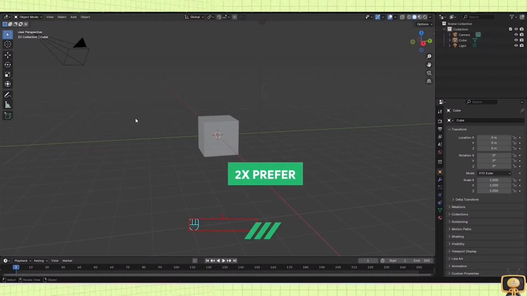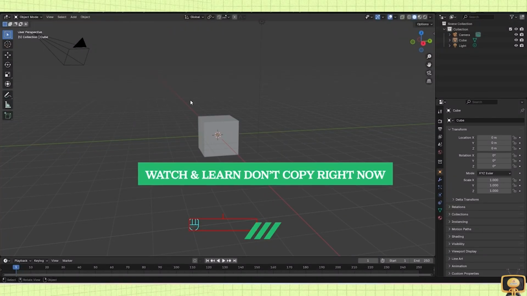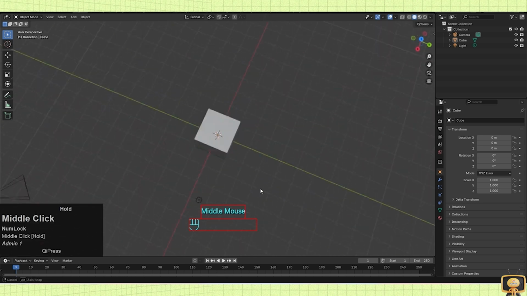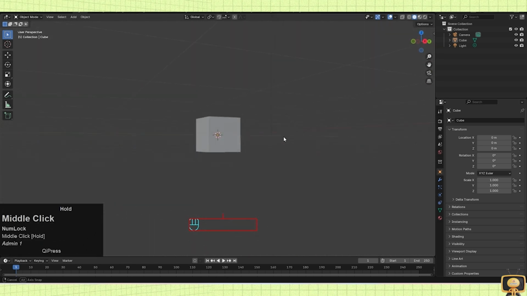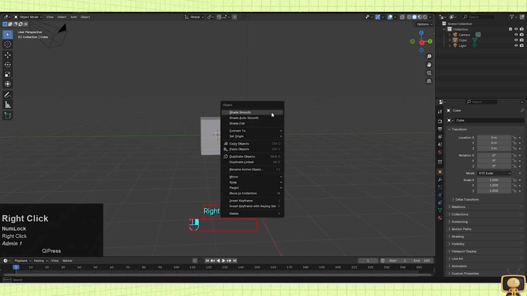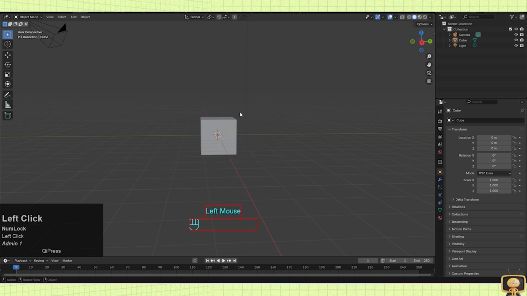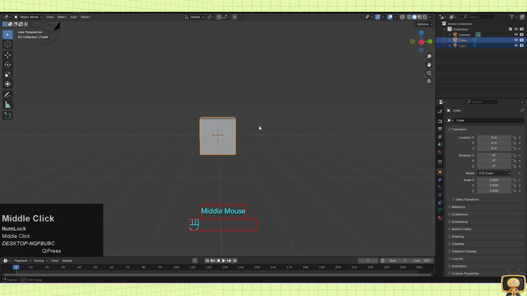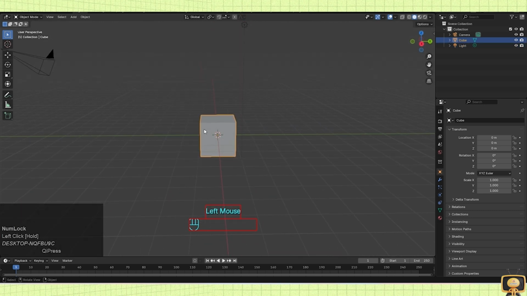Let's understand the mouse first, how we are going to play with the interface of Blender. If you press the middle key of the mouse and keep holding that, you can play with the 3D dimension here. For the left click, if you click on the object on the left hand side, you can select or deselect the object as shown on your screen. Right click will show the options here, and if you select the object and press right click, there are some options you can see. Now if I want to move this cube, how can we do that?